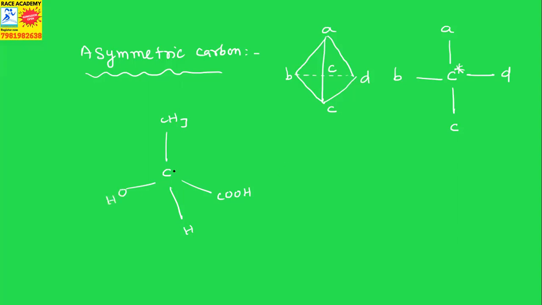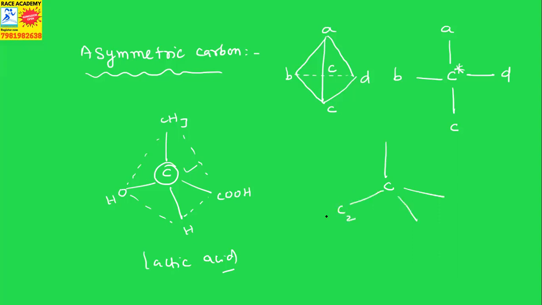Okay, so this carbon, whatever is indicated, is said to be an asymmetric carbon, and these groups show a tetrahedral arrangement. That compound we will call lactic acid. Another one, amyl alcohol: the carbon shown here can also be indicated like lactic acid.